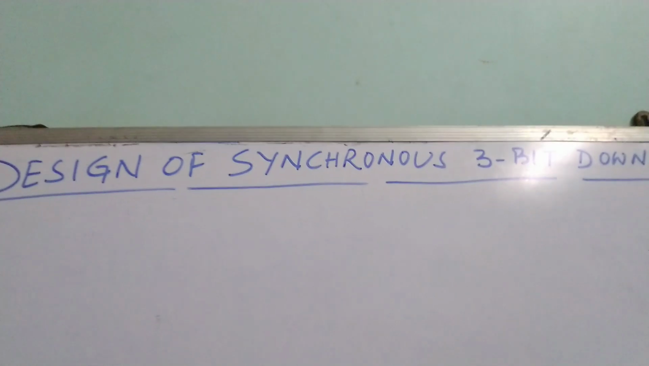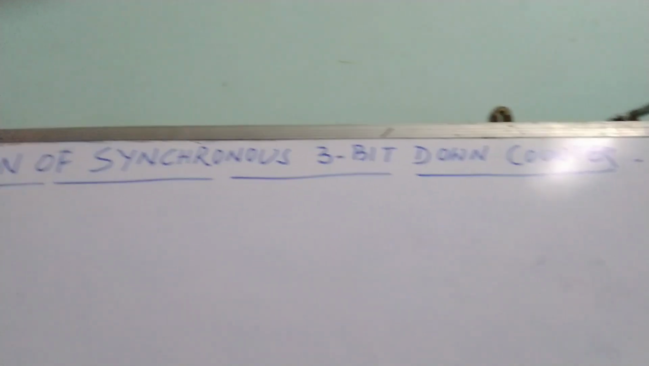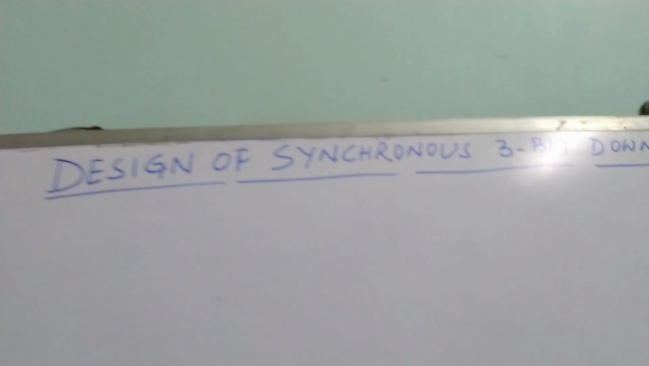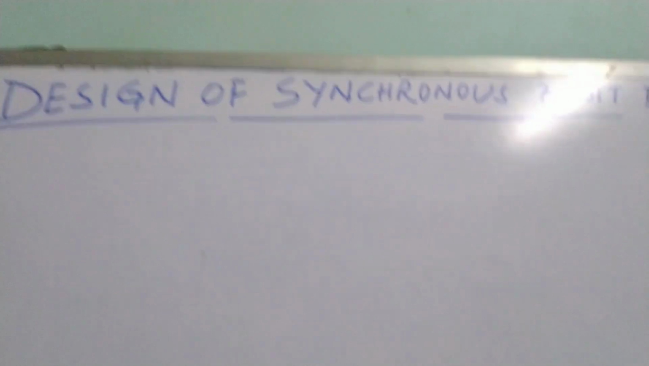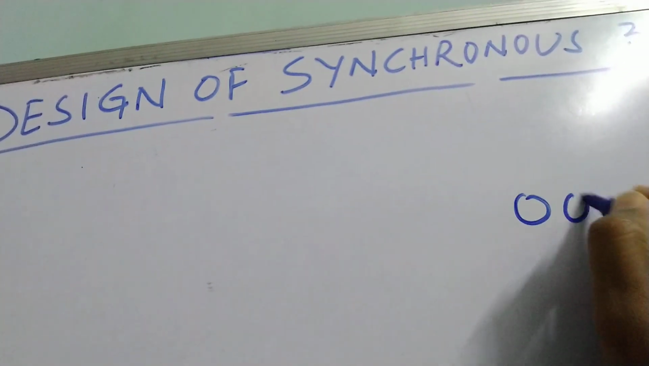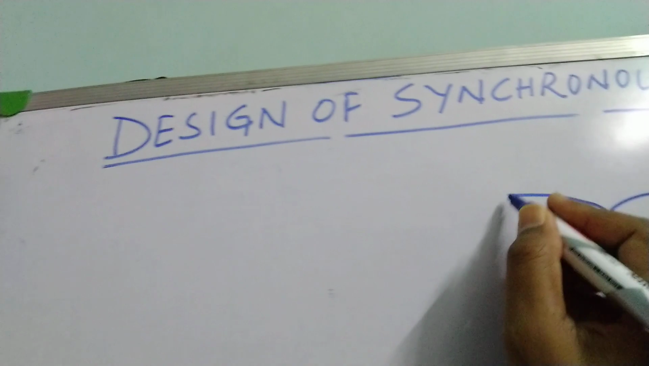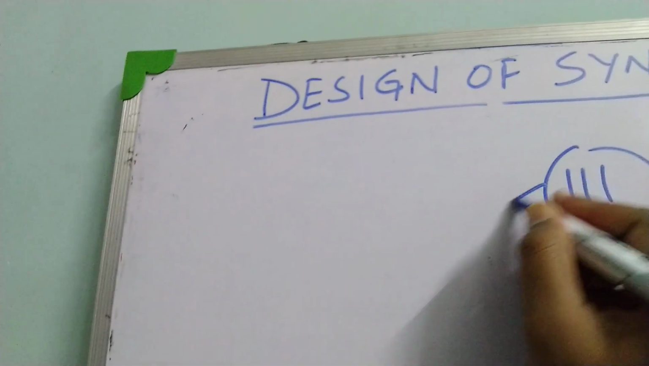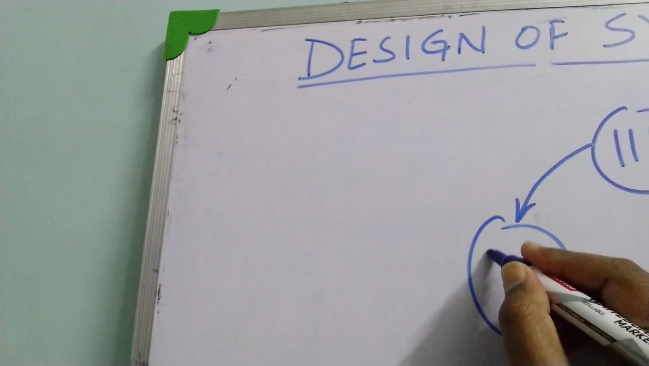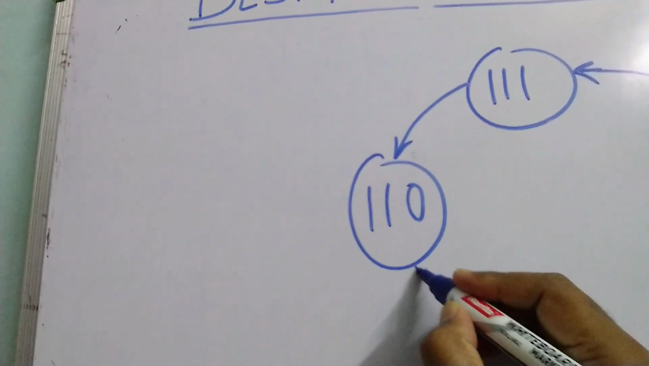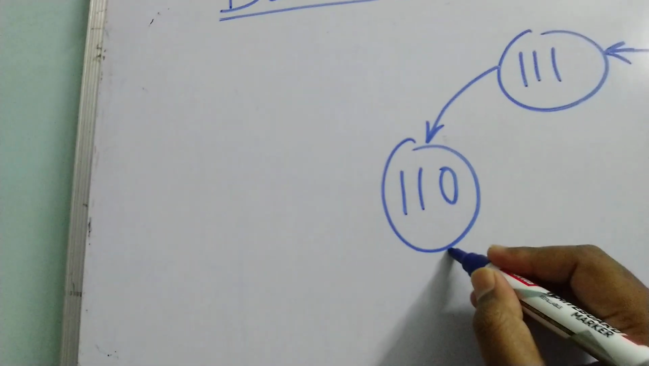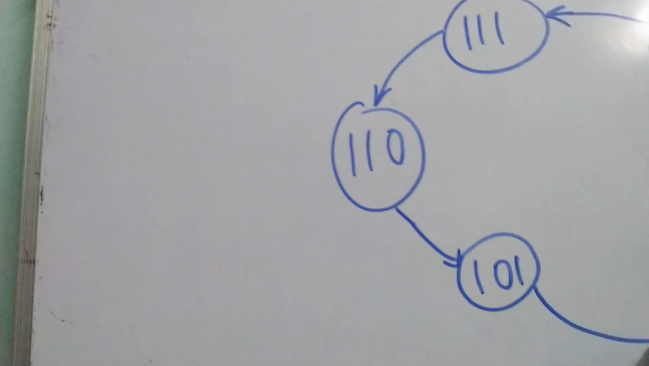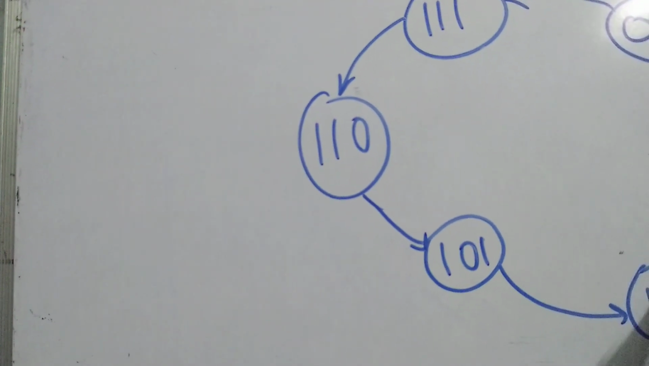So 3 flip-flops are required to design it, and the counting states are like this: 0 0 0 to 1 1 1, then 1 1 0, then 1 0 1, 1 0 0,